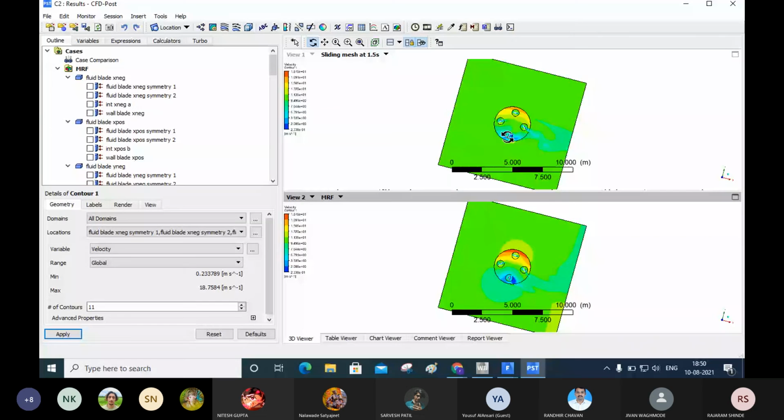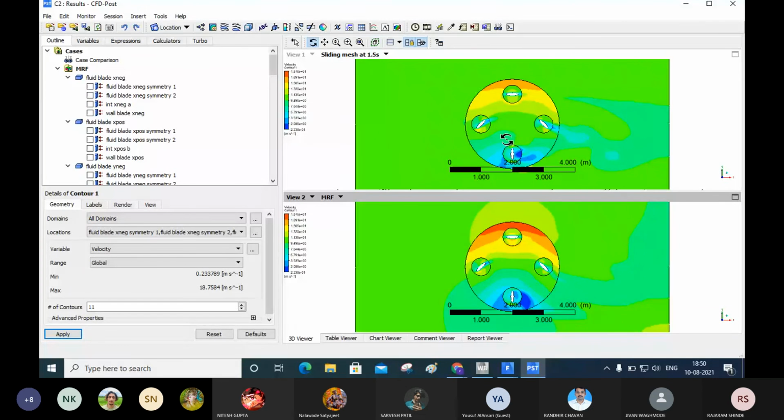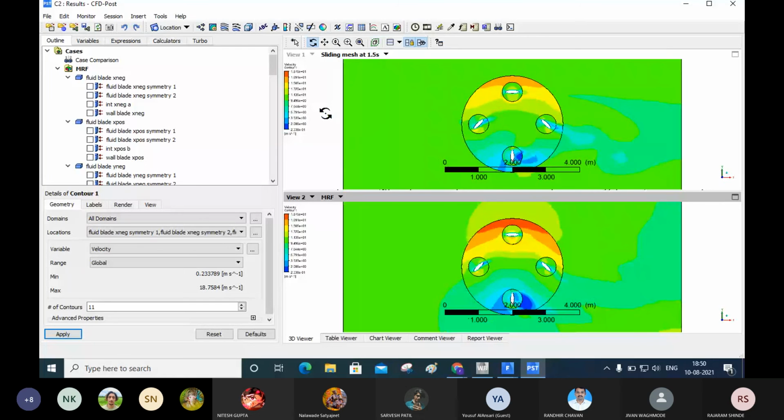You can see this. Now this is the slight difference. Have you got it? Yes, sir. After checking this, you can check other results also.